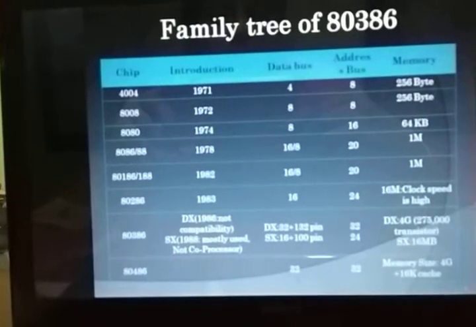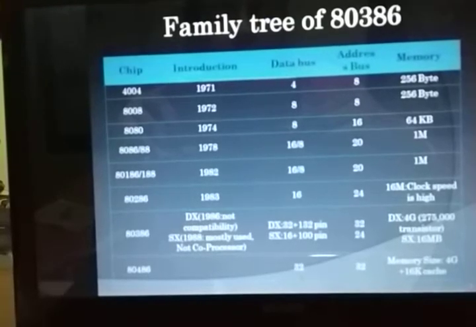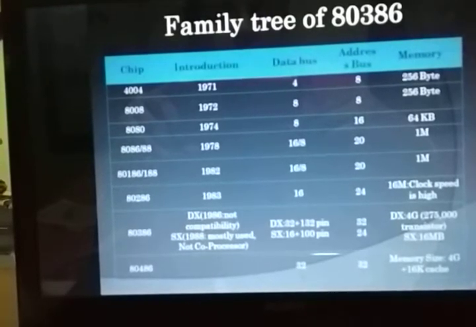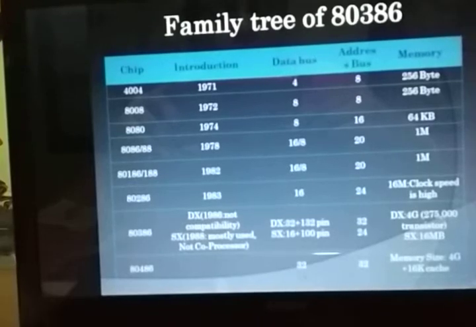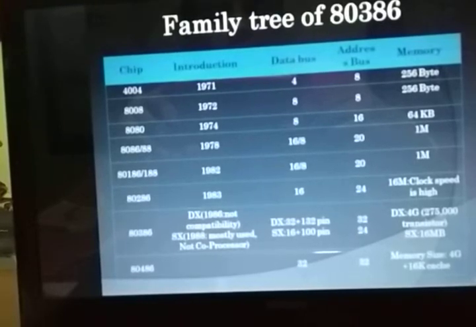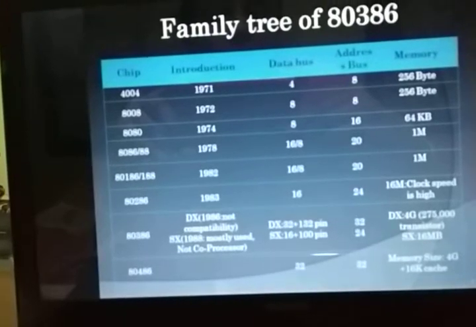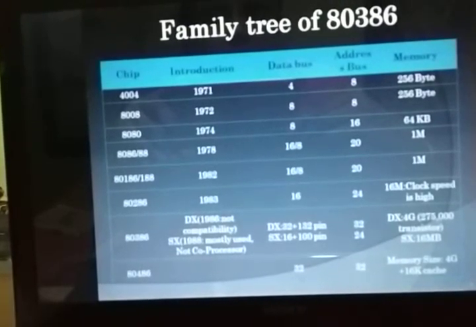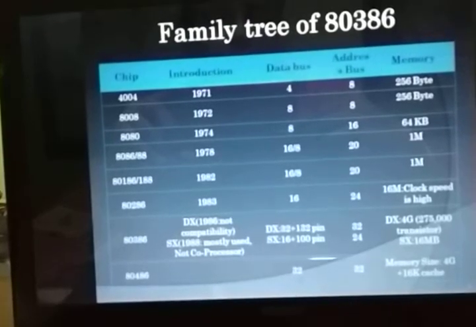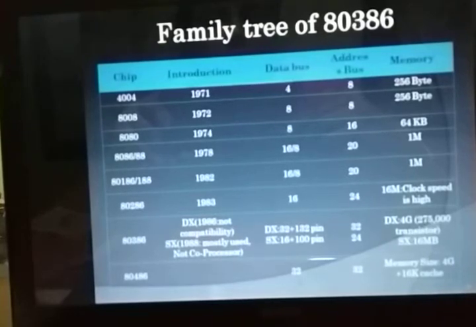The 80386 processor we divided into two parts, DX part and SX part. In the DX part you can see it has a 32-bit data bus, 132-pin diagram, 32-bit address bus and 4 GB of memory. What is 132-pin? It means whenever you discuss the 80386 pin diagram, and this thing we discussed in the last lecture when we were discussing the 80387 coprocessor pin diagram. It has the same functionality as the 80386 pin diagram. So it is a 132 pin.